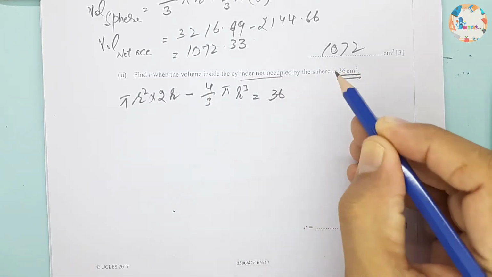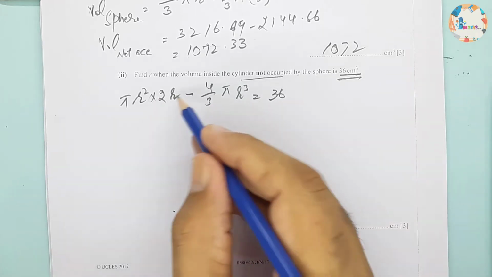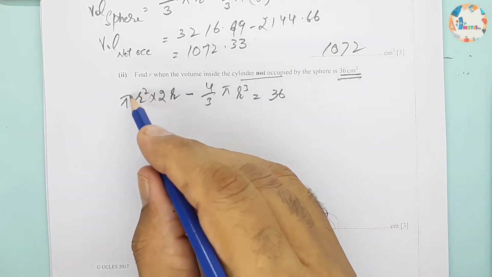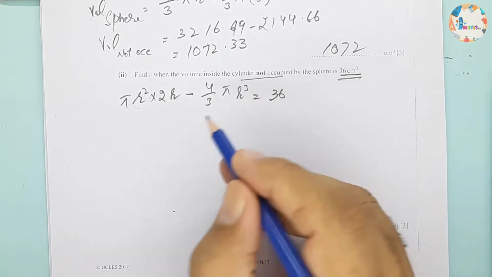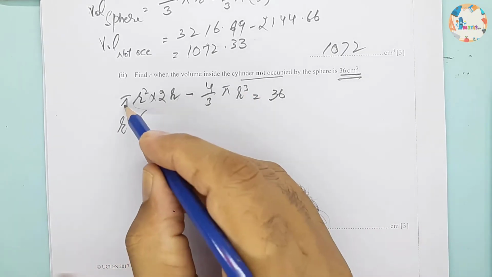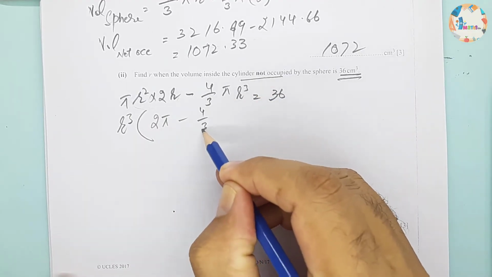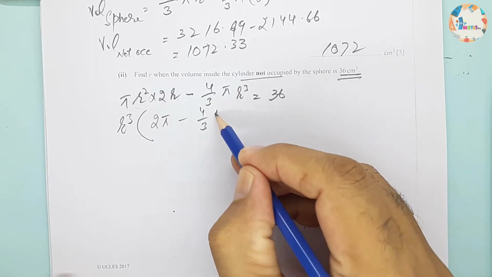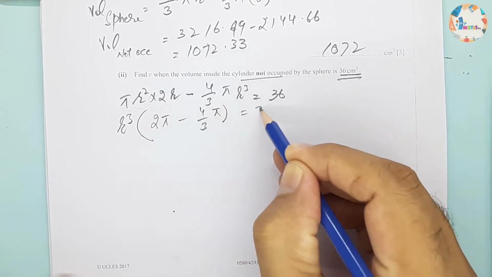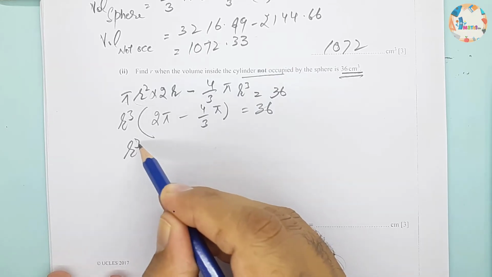This is what they have given us in the statement. So we have written the equation. We can take r cube as common, since this term also has r cube and this one also has r. So r cube, and the remaining will be 2 pi minus 4 by 3 pi, is equal to 36. Now we can shift it: r cube is equal to